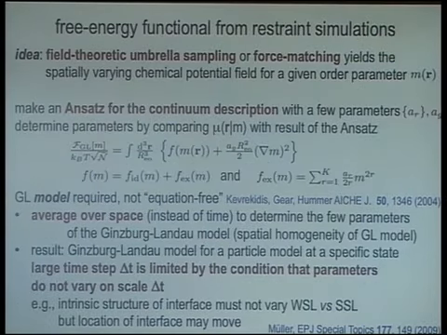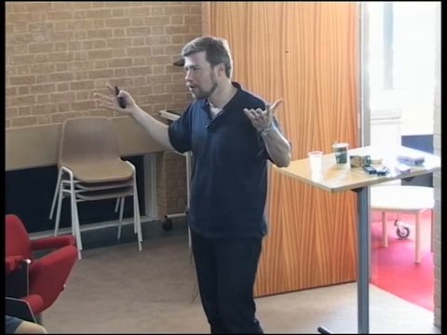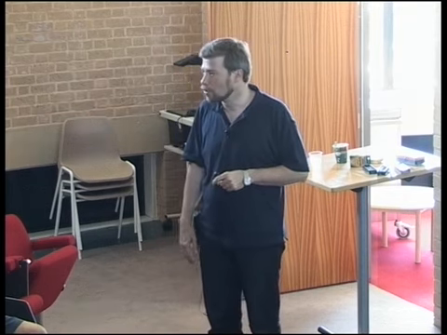In both cases, you get the chemical potential for a given order parameter as a function of space, and now you have two options. Either you do what is called equation-free modeling by Kevrekidis and Hummer, where you say, okay, that's all I need. I have the chemical potential as a function of space, so I just plug it into my model B